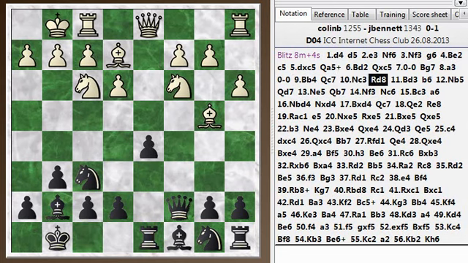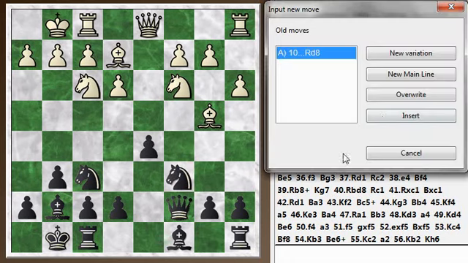So here was an interesting point. I could have just played knight c6 here, which is what I originally intended to play. You see, he's attacking my d-pawn. He's got a knight and a queen there, and so I thought I had to defend it. But look at this. If I play knight c6,